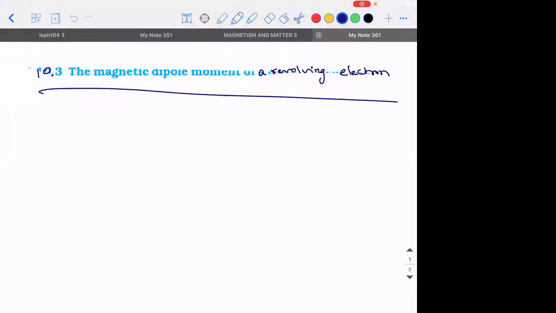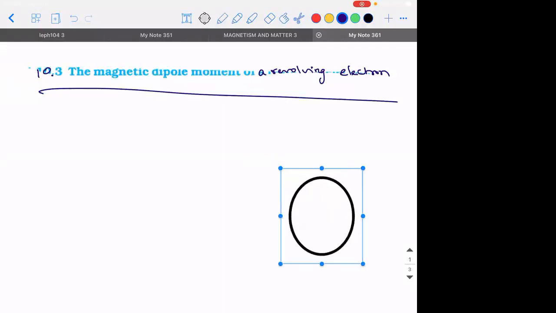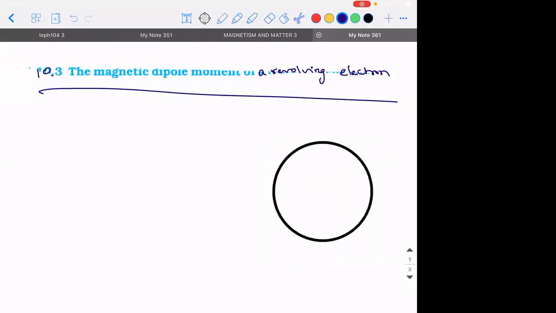Now let's try to understand. Concentrate. If there is any doubt, get it clarified. So if there is a nucleus like this and you have an electron, let's say this electron is revolving in the anti-clockwise direction with a speed v and angular velocity omega for the time being. Let's say the radius of this path is r. The radius of this orbit is r.